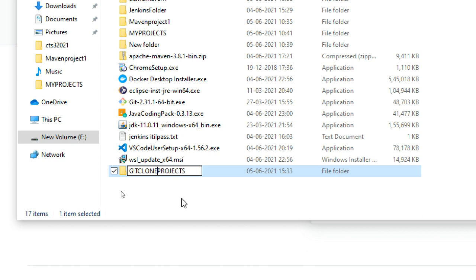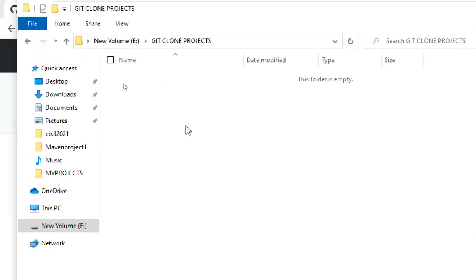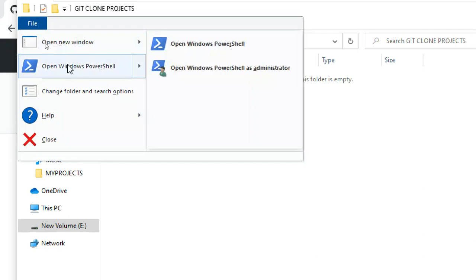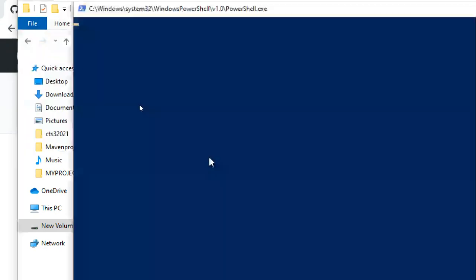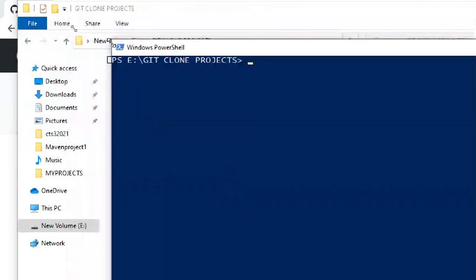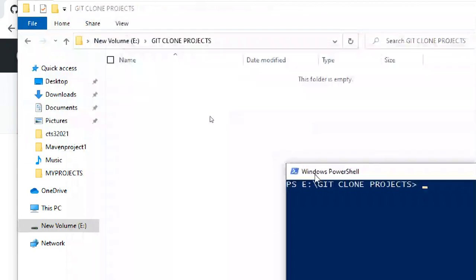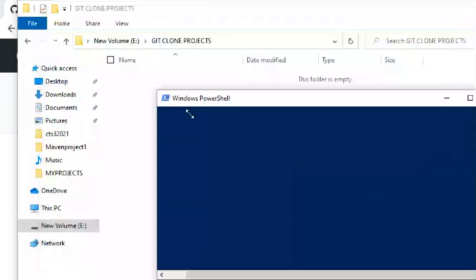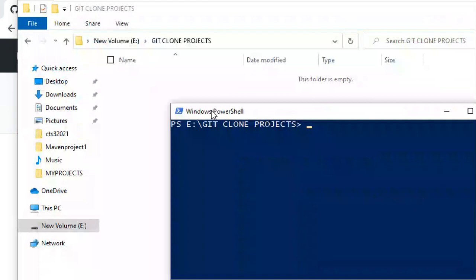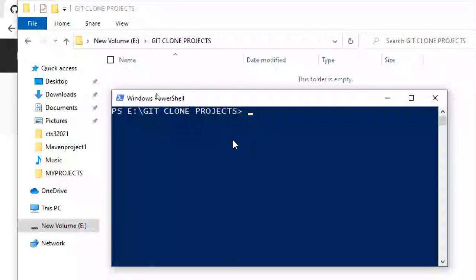Some name. I put git clone projects. Any name you can put, A B C D also, no problem. Here I open PowerShell or CMD. CMD is also okay. Actually CMD looks good compared to PowerShell.